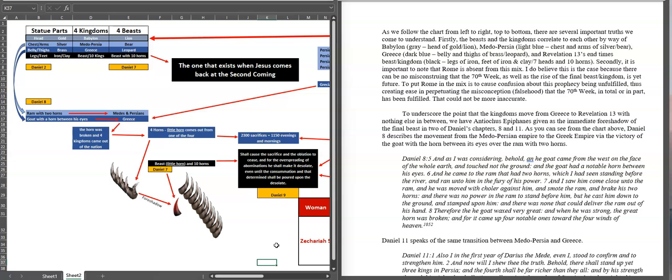Rome is not here. And so that is my understanding, which could be right or wrong, but my understanding of why Rome is absent is so that we cannot misconstrue, so that the Bible makes it clear through exclusion that Rome is not pertinent to the 70th week. Because it's not. The Roman Empire specifically.